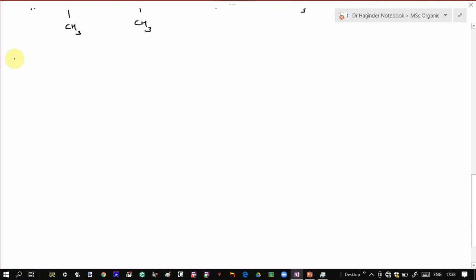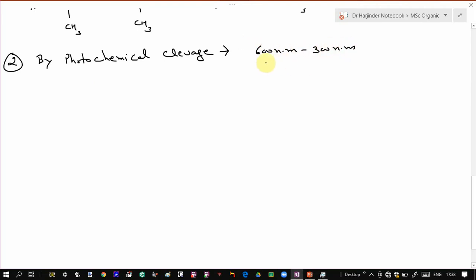The next method is by photochemical cleavage. We can also prepare these free radicals by photochemical reaction. Now photochemical means in presence of light. So when light between 600 nanometer to 300 nanometer is used, it usually has an energy between 48 kilocalories per mole to 96 kilocalories per mole, and this energy is sufficient to carry out homolytic bond cleavage of